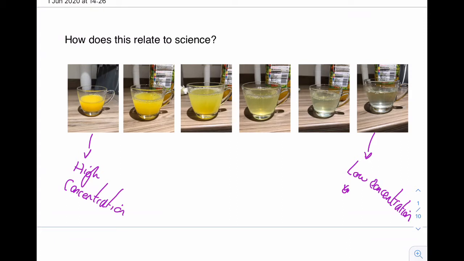So concentration is talking about how many particles of that thing there are per the water. So water can dilute things down and it can make it less concentrated. So you can start off with something fully concentrated with no water added, and you can then add water,